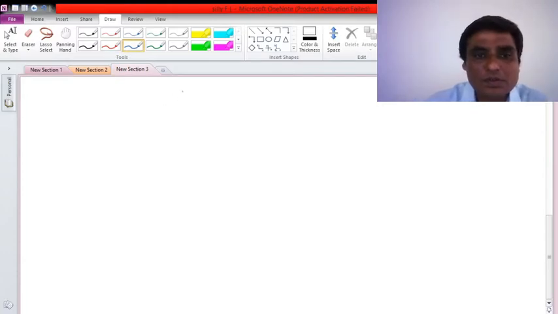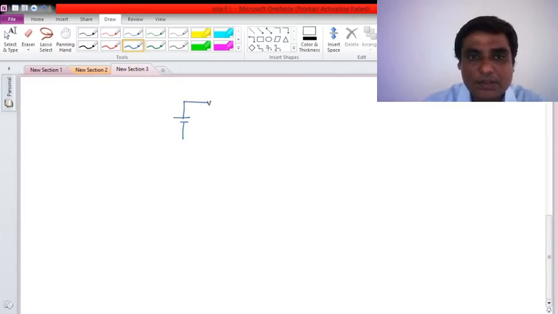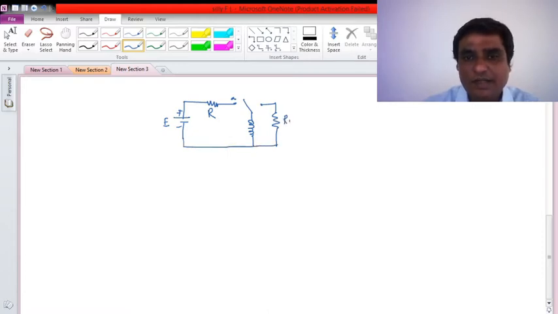So suppose this is my network which I am drawing now. Say this is the battery of value, say E, then this point is A, through a switch an inductor is connected, and in order to retrieve the energy, suppose one resistor I have connected which will be acting as a load resistance. Okay, so this is my L, positive, negative, and this is position B. Okay, and the switch is moving here and there. Fine.